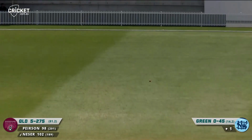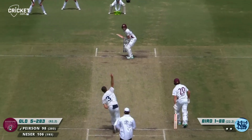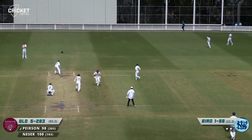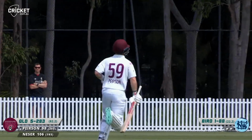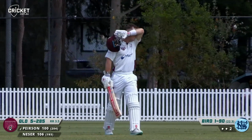Oh, edged from Neza. Slashed at it. Fine edge. No slip in place. 4 runs. Pearson didn't know much about that. Down to fine leg off the inside edge. He's going to come back for 2. For the 100, it'll be tight, but he gets there. Jimmy Pearson, his 7th first-class century. A momentous one for him that has swung this game back in the balance, and one that at the end